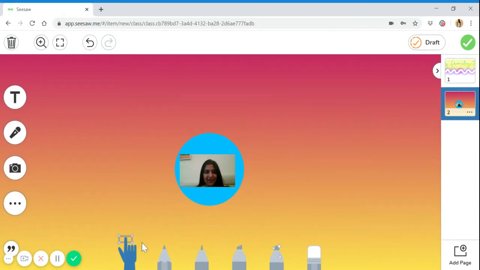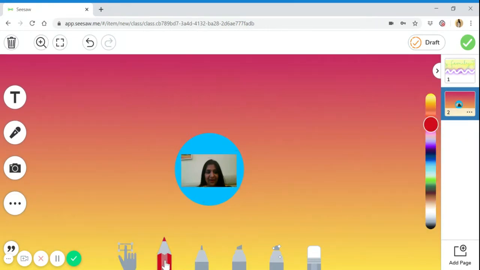Suppose you've clicked here and you click on this selection and you click on the picture, that picture will get selected, and you can move it a little bit with your arrow keys or with this key. Now if I click on this pencil tool and I will make a small line like this, and now I want to take a picture of my father.